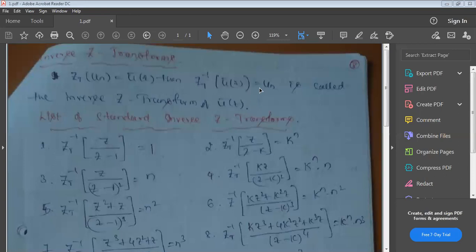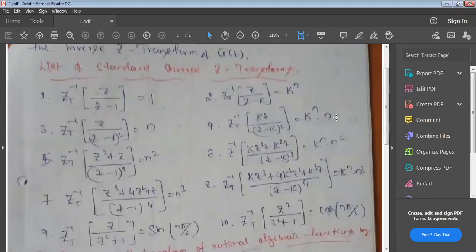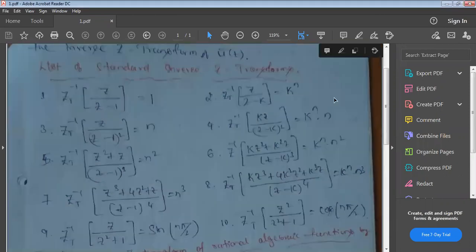So far, I used to give a function containing n. You used to find Z transformation of that. But now it is reverse. A function containing z will be there. You have to find the answer in terms of n, un. So which is called as inverse Z transformation, exactly opposite. And these are the list of standard inverse Z transformations. And already I told, if you remember the Z transformation formula, inverse transformation is just the reverse of them. So it is something like this, exactly same as Laplace.